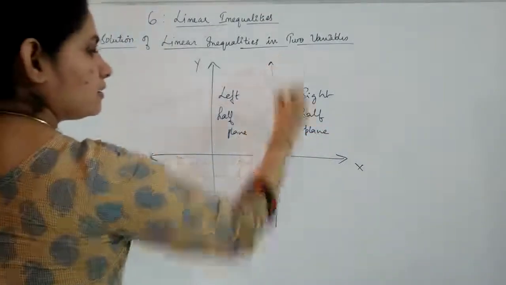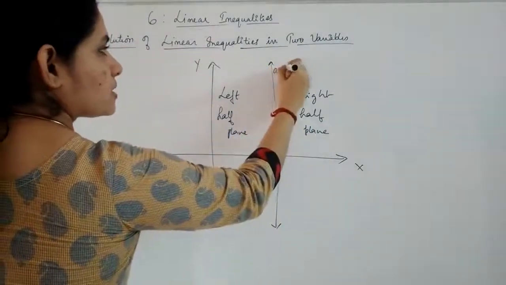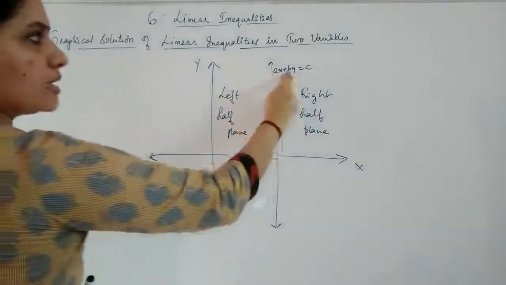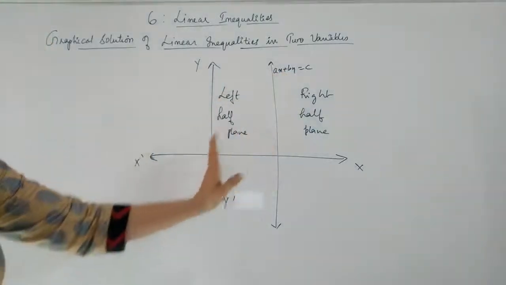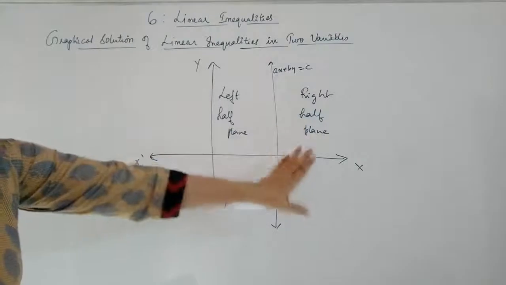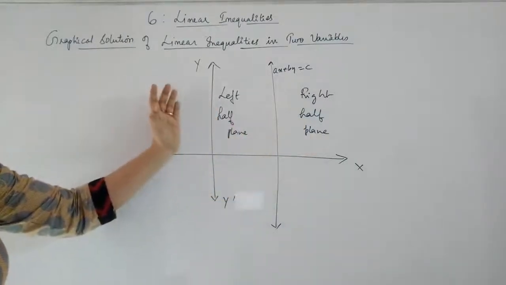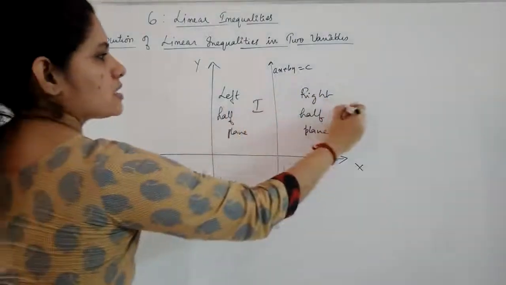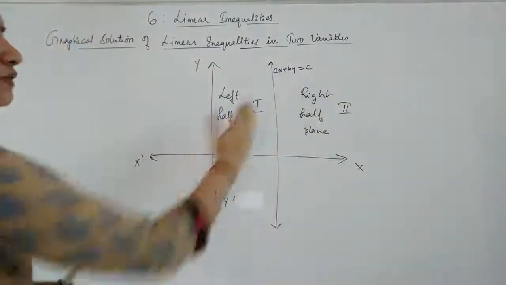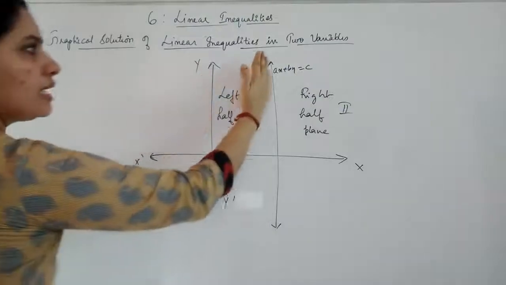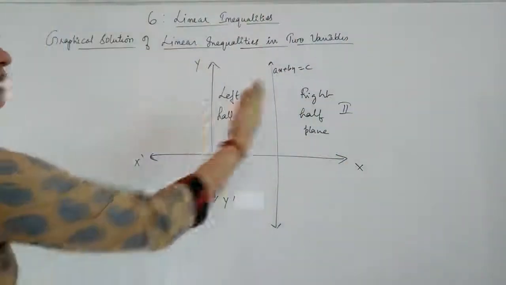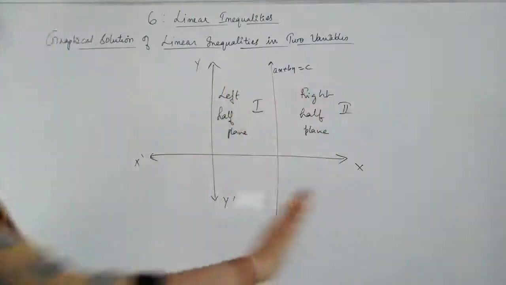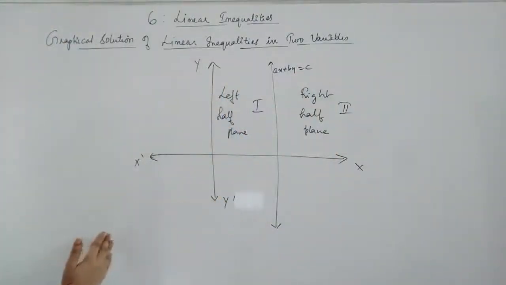This is the line. Suppose this is your ax plus by equal to c, a line which is linear in two variables. In this case you have two half planes, left and right. Either you can write it as left half plane or right half plane, or you can just mention this is first one, this is second one. So when I say first one, it is not till this point. It is total Cartesian plane broken into two parts. This side totally and that side totally, including the negative directions also.